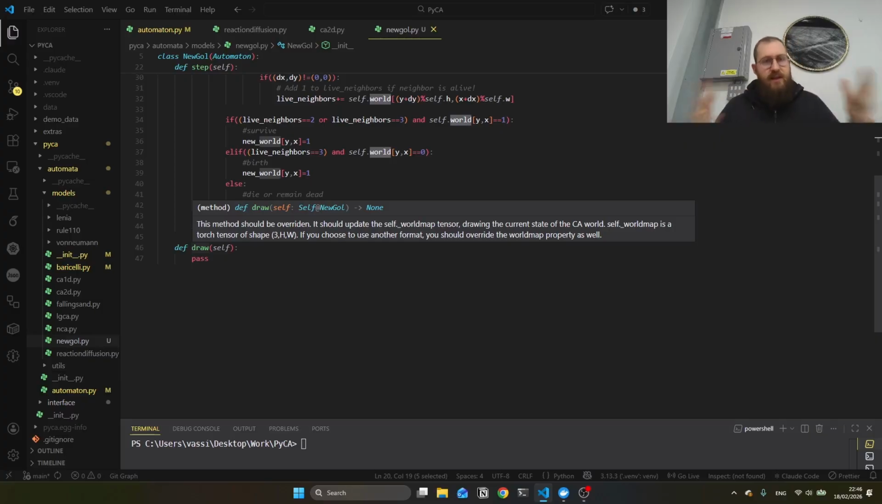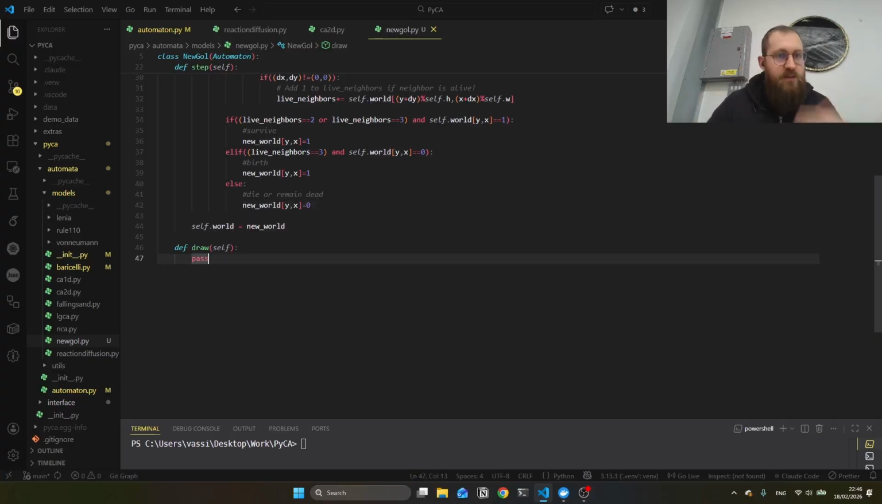And then it tells us, I think, if you choose to use another format, like let's say you don't want to use torch, you're using NumPy, then you should override also the world map property, but this is something else. We don't care because we're using PyTorch. So